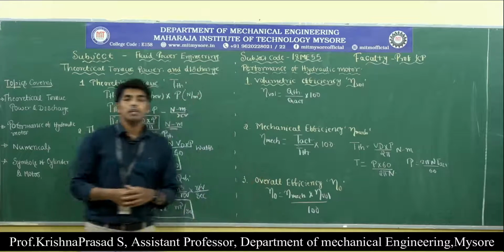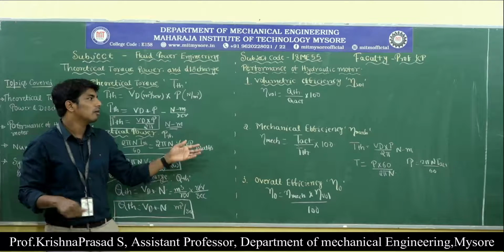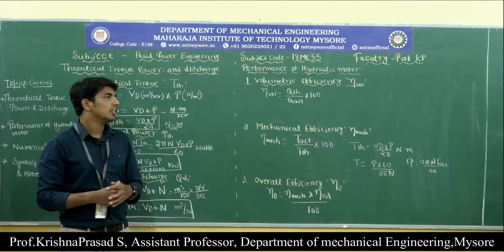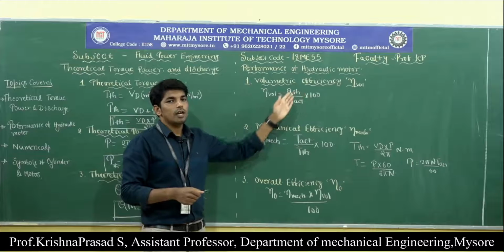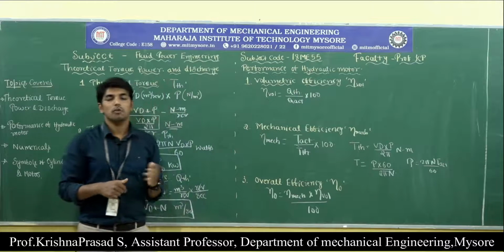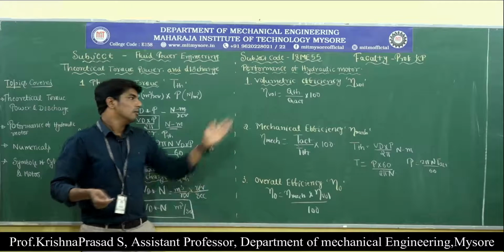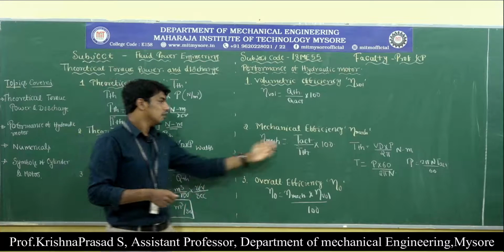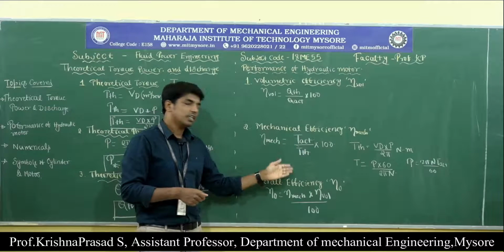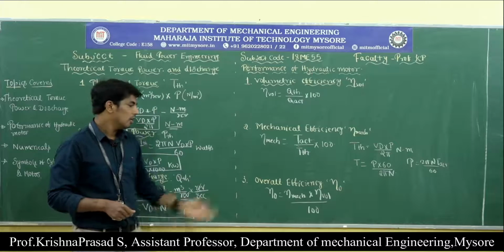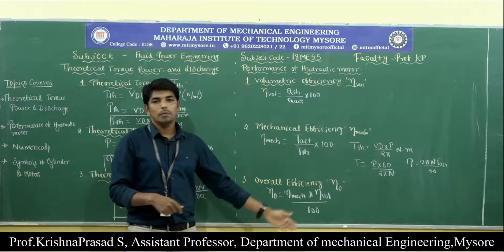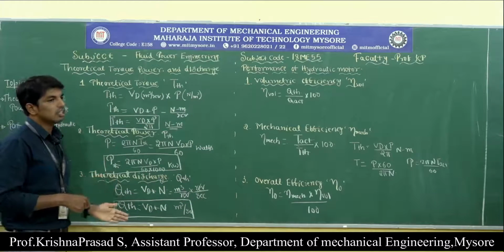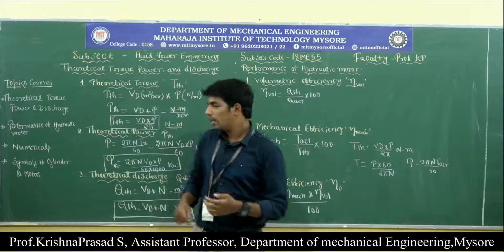So this is for checking the performance of the hydraulic motor with the help of the three efficiencies. First one is called volumetric efficiency. The volumetric efficiency is defined as the ratio of theoretical displacement to the actual displacement. Here the actual displacement required to rotate the motor is high because of the leakage problem. The mechanical efficiency is defined as the ratio of actual torque developed by the motor to the theoretical torque. Then the overall efficiency is nothing but the product of mechanical efficiency and volumetric efficiency. So these are the formulas, and the theoretical torque, theoretical power and theoretical discharge we are going to use for solving the problems in case of the hydraulic motors.